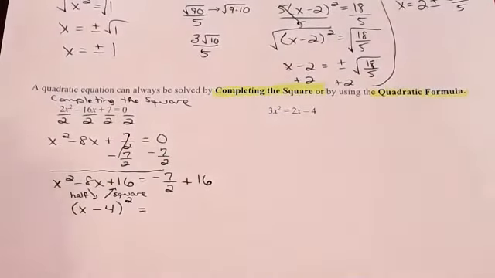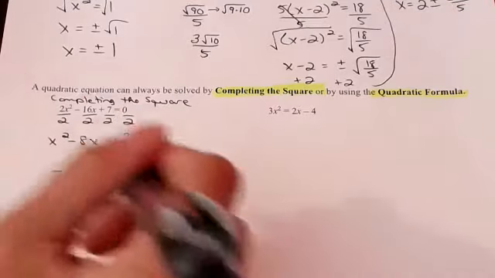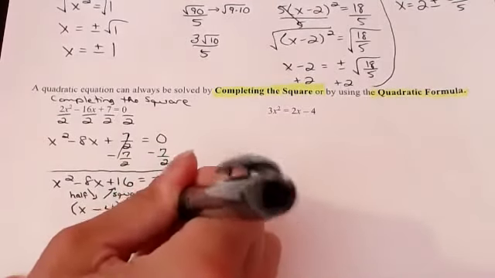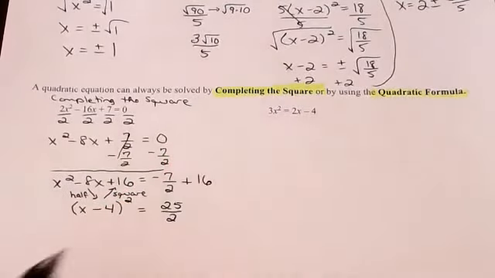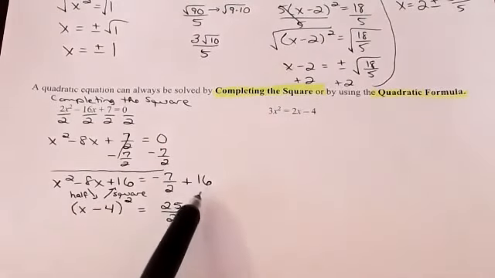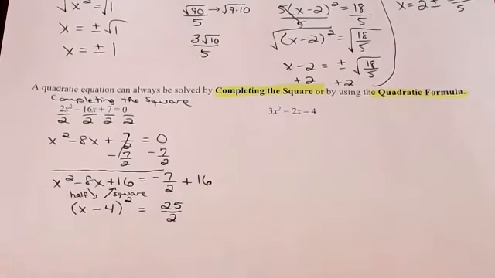So we're going to take a negative 7/2. We're going to add 16. And when we do the math, we get 25 over 2. Okay, notice we have to have the same denominator. If this is over 2, then that becomes a 32. 32 minus 7 is 25. So now that I have x minus 4 quantity squared is equal to 25 over 2, I can now use